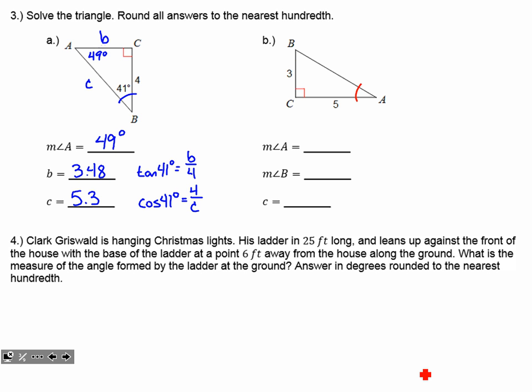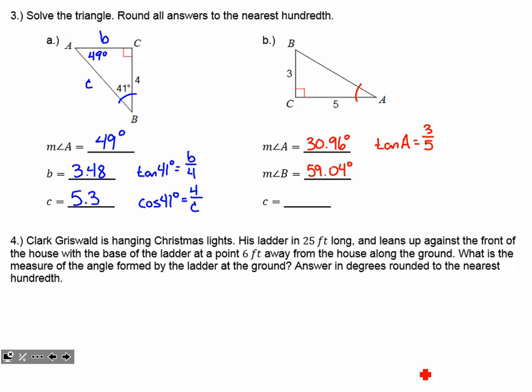If I want to find angle A, I know that it has a tangent ratio of 3 over 5. So I'm going to go ahead and use tangent inverse, right? If I'm finding an angle, use the inverse, and I'm going to plug in that 3 divided by 5 for its input. The output angle is 30.96 degrees. All right, and that means that using our triangle sum theorem, if they're all going to add up to 180, angle B must be 59.04 degrees. It's really close to a 30, 60, 90 right triangle, so that math is not too difficult to work out.